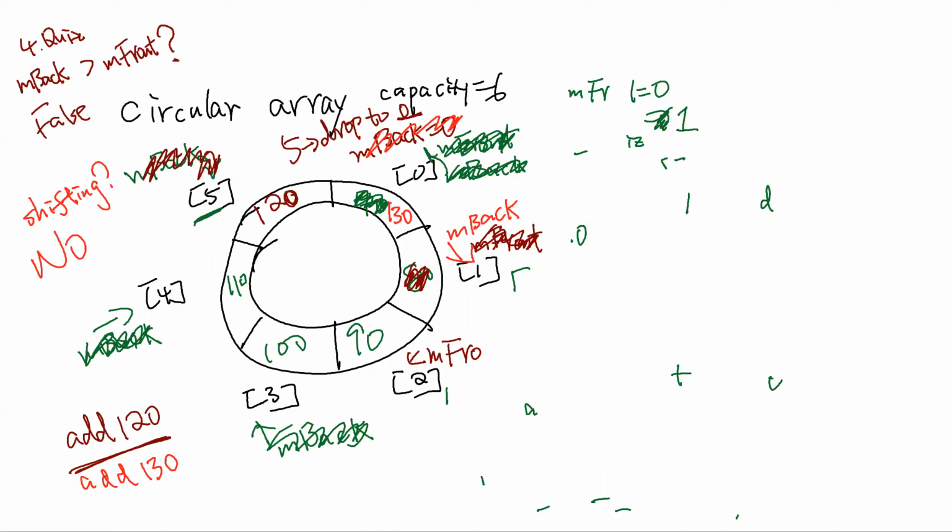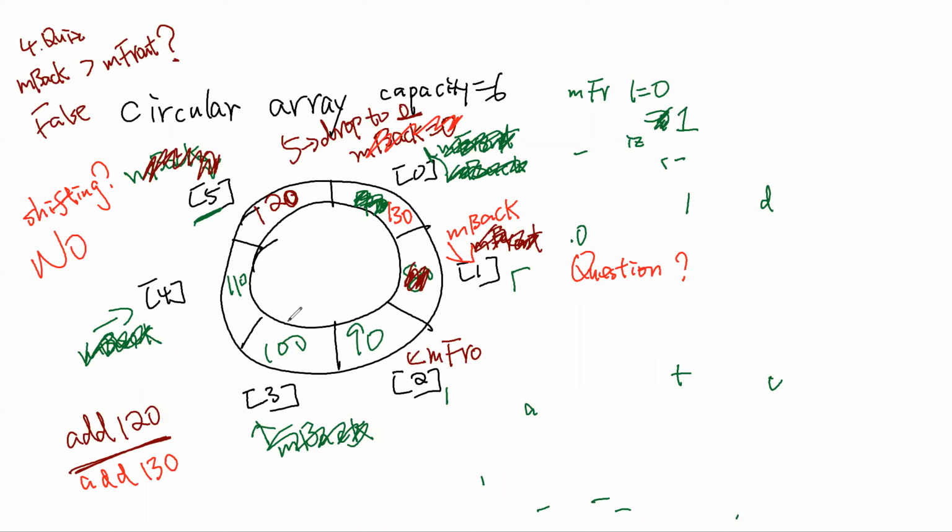Okay, let's see. Previously we already got M back to 5, and then it drops to 0. So the question here is,